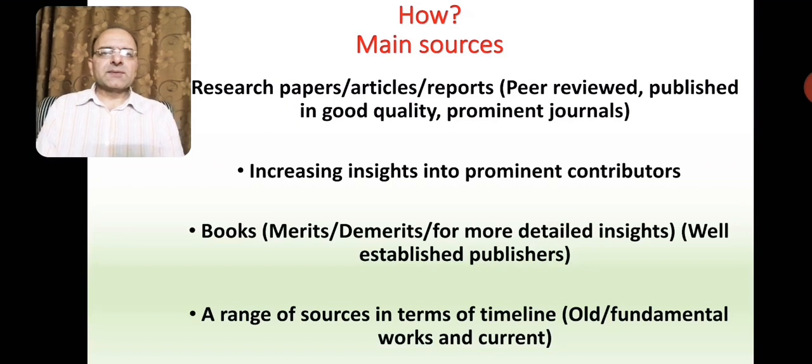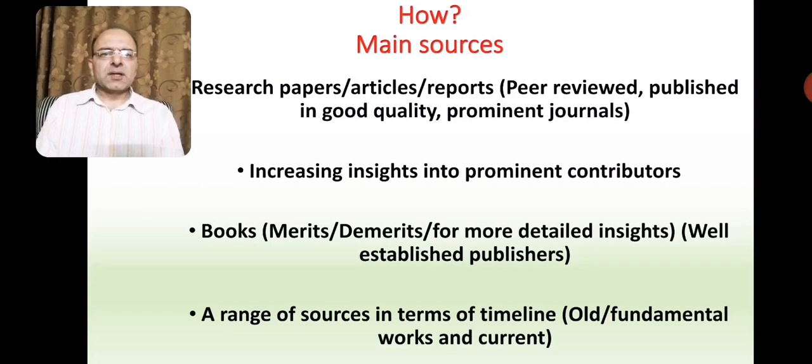So it's a good thing if we go for those papers which are more authentic in terms of being peer reviewed and published in high quality journals. And the second thing is increasing insights into prominent contributors. This will actually help you in identifying who are the prominent contributors in the area in which you are working. Then,